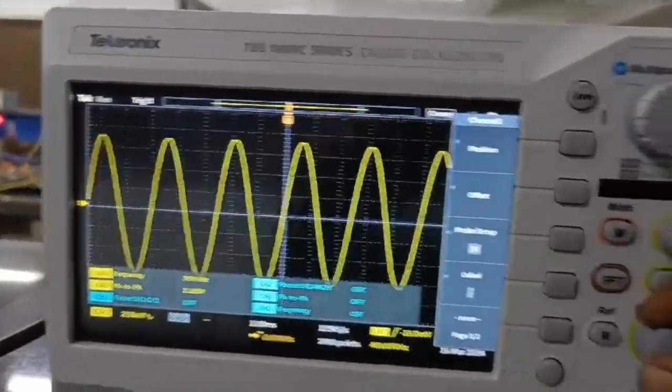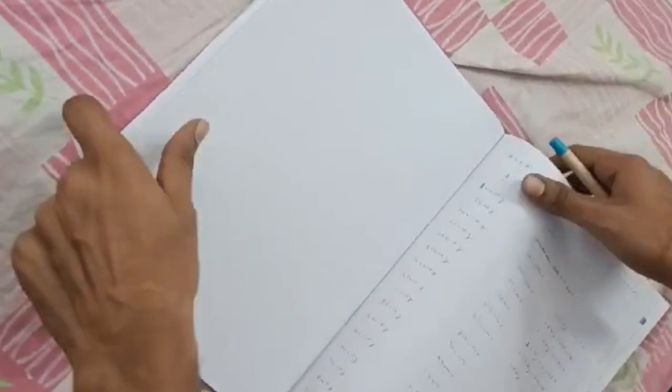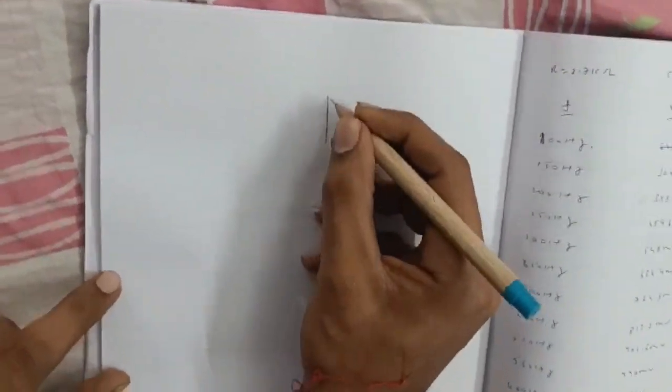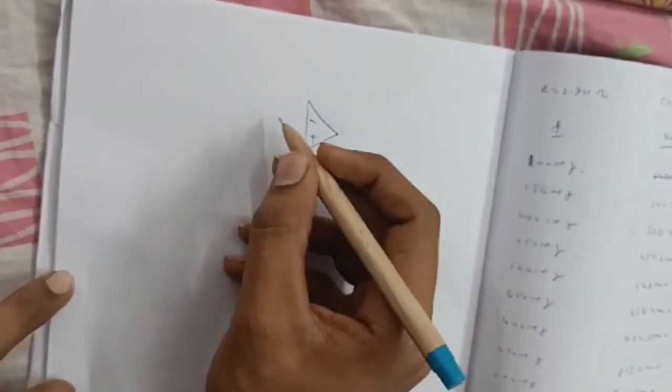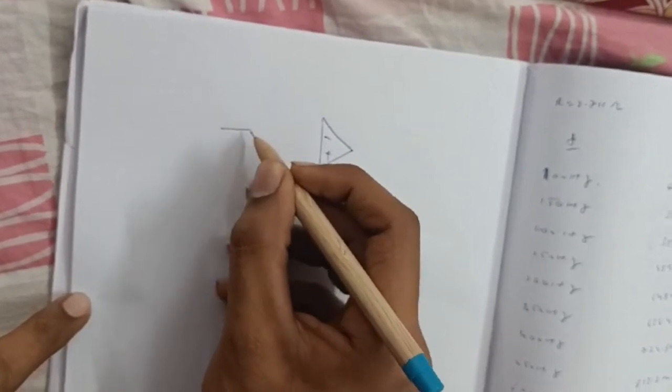So why is it acting like a low pass filter? That I am going to explain right now. So now we'll see why the integrator circuit will act as a low pass filter and why the differentiator circuit will act as a high pass filter. So basically this is the op amp, with the inverting and non-inverting pins. Now in the integrator circuit,